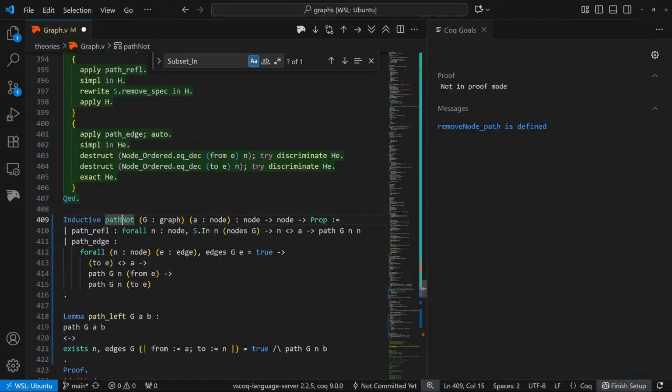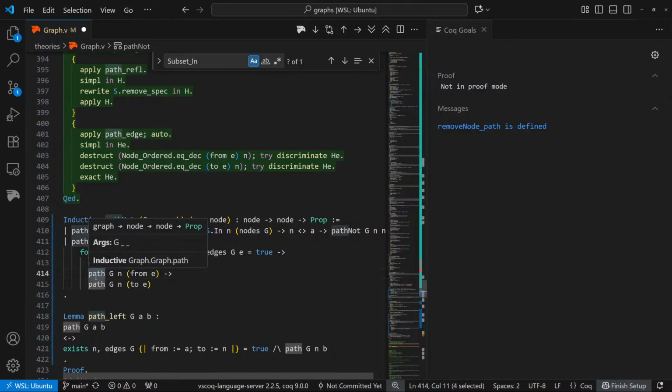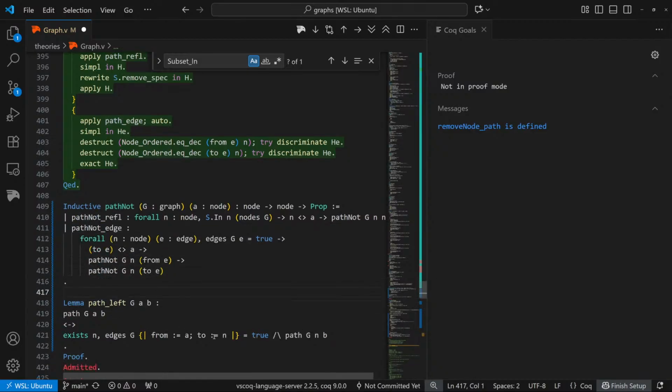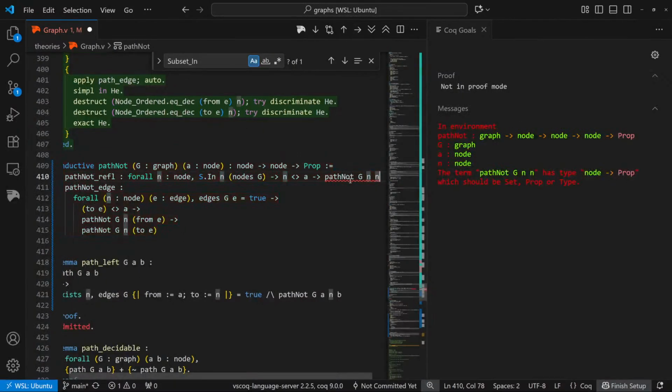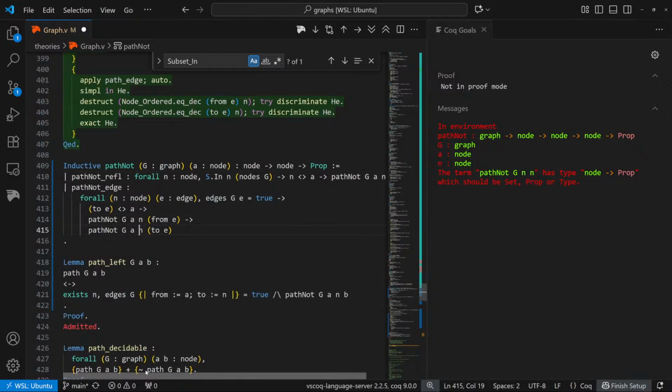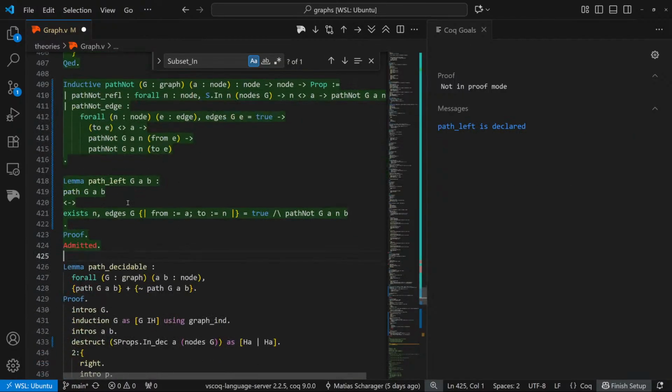I'm going to call it path not. Update the word path everywhere. And here, path not, going through, we're ignoring the existence of A. Okay, I'm missing the A here, and the A here, and A here. Yep. So now assuming this path left,